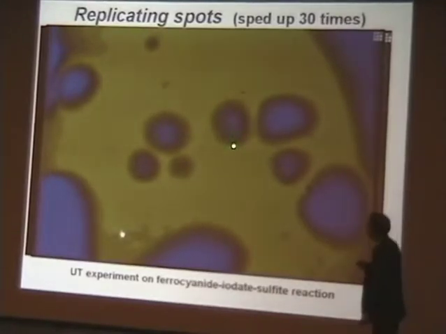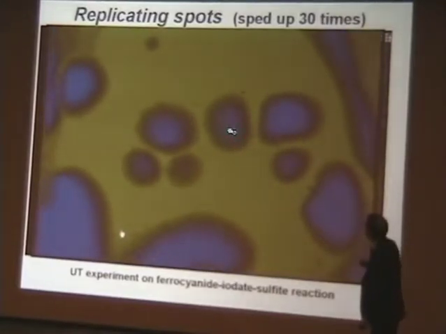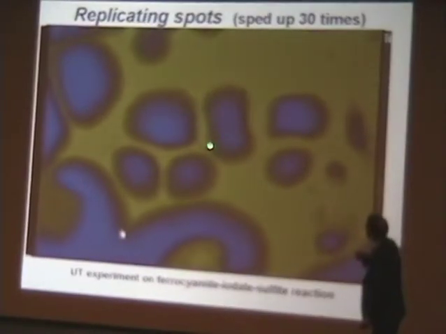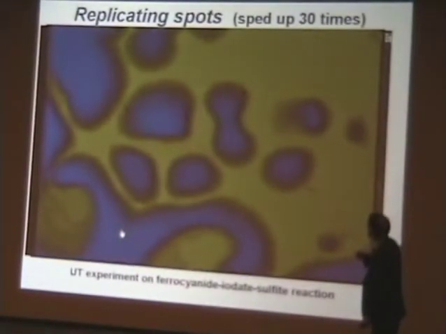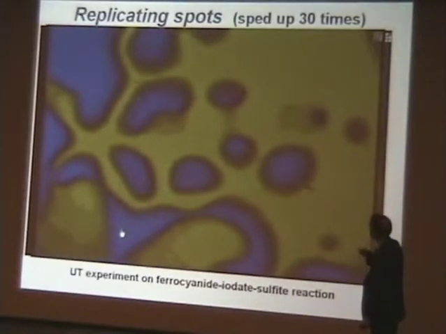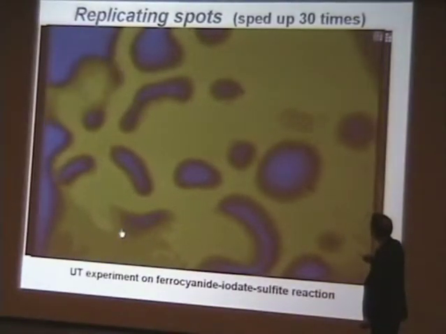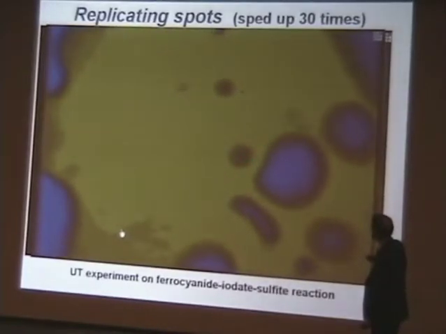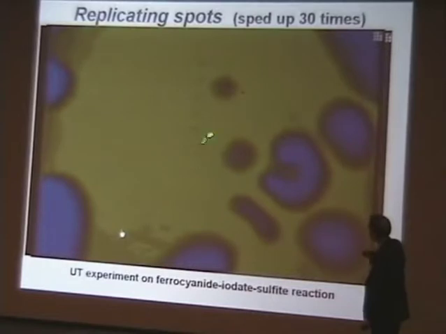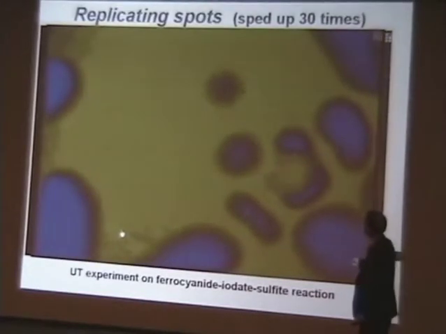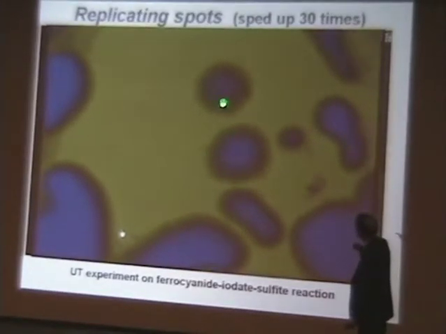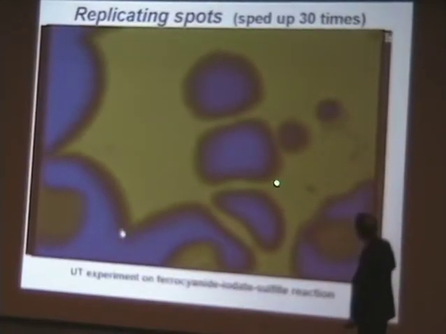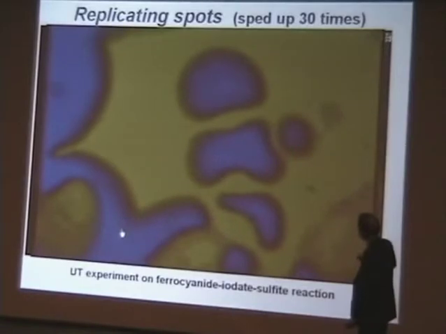Let's look at this spot here. Basically, the spots grow by eating, the blue spots grow by eating the yellow. Now here, this spot is competing with its neighbors and starts to shrink here because of the shortness of food supply. And it divides, and you can watch, say, this daughter spot, which is about to disappear. And sometimes the spots die, but this one now has a lot of food, so it's growing fast, and it will grow until it competes with its neighbors. And here you can see it starting to compete with its neighbors and this neighbor over here, and it grows